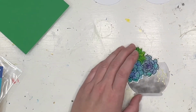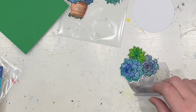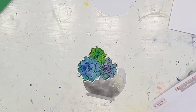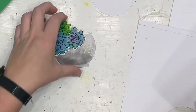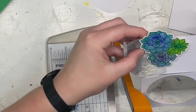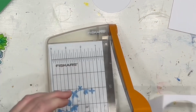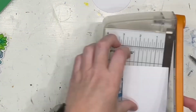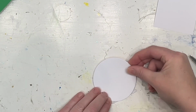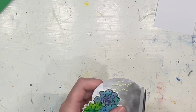I then also die cut these little shapes. I have no idea what their actual intention is for. They're from a lawn fawn die set that's like a whole scenery. I don't know. It's not supposed to be a string of pearls, but I thought they looked like a string of pearls, so I cut those just to add a little bit of interest and a bit more onto my succulent pot there. I then backed the whole thing in a piece of white card,